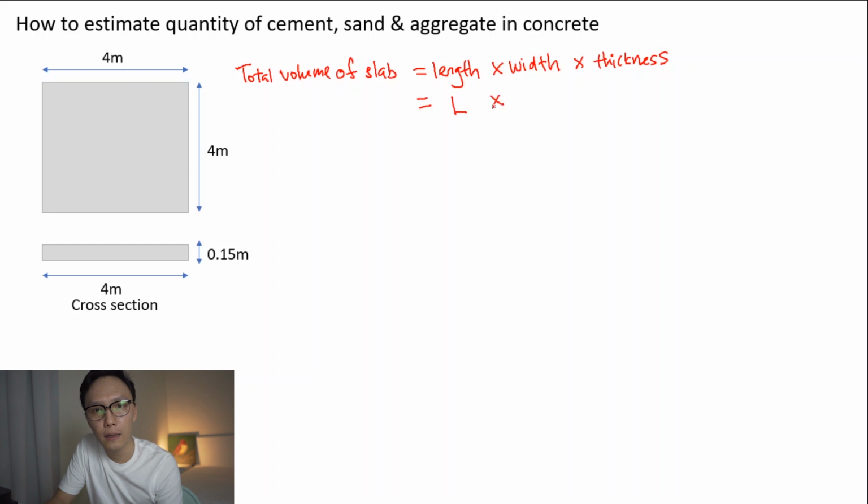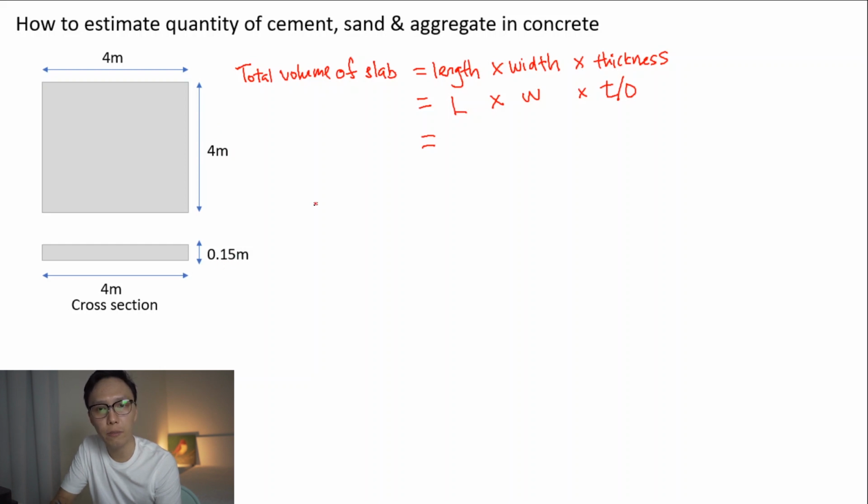Length and width times thickness or depth. Okay, so the length is 4 meters, the width is 4 meters, and the depth, the thickness